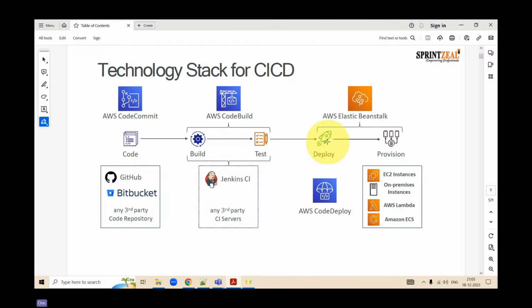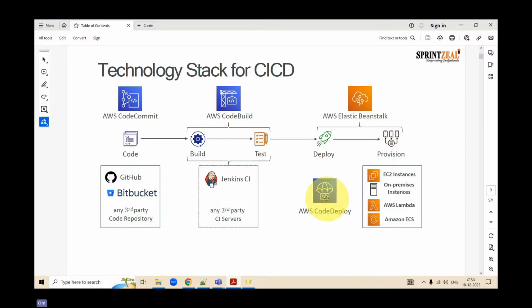Now, once your build and test are completed, that means your code is completely compiled and built, then it is ready to be deployed. And that deployment is generally done using a service called Elastic Beanstalk. Clear? And that phase is what we call AWS CodeDeploy.